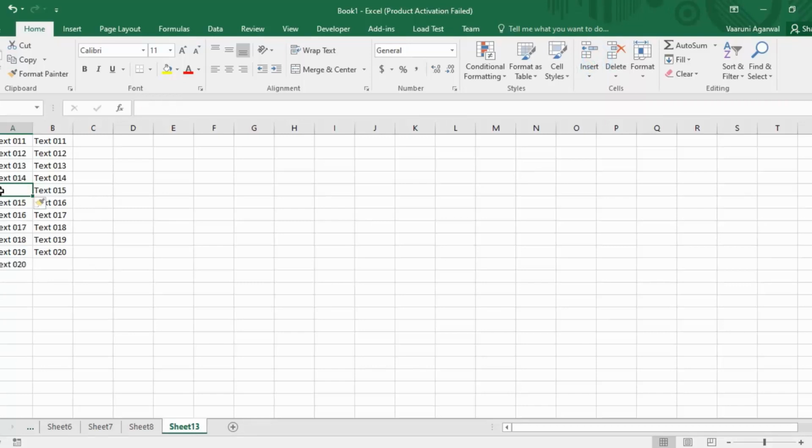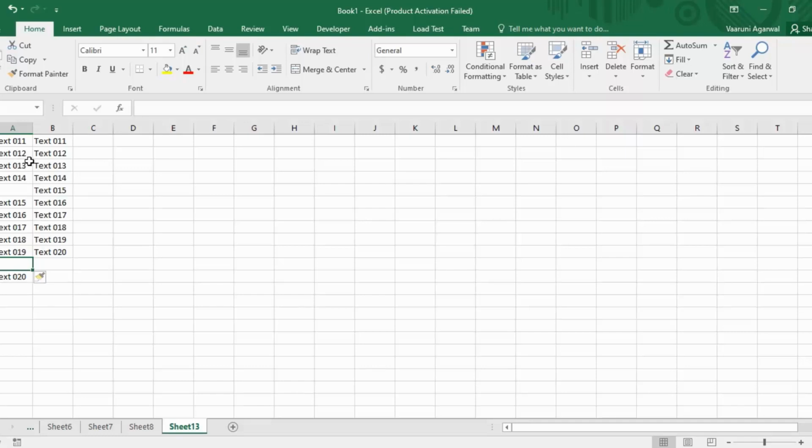A new cell is inserted at A5 and all the rest of the contents have been shifted towards the downside. Now suppose I want to insert a new cell at A11 and I click on Insert Cells, then again the shifting is towards the downside. So that was about a single cell. When you want to insert a single cell, if any content is available in that cell previously, it will shift towards the downside, and at that particular address a new cell is inserted.